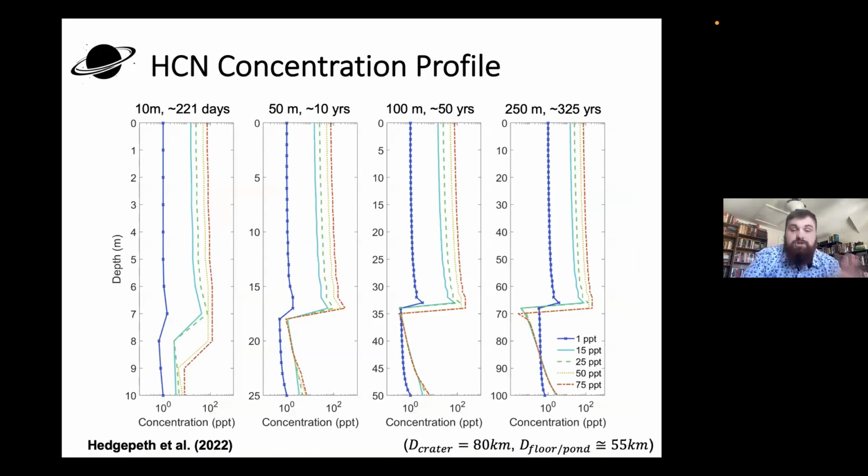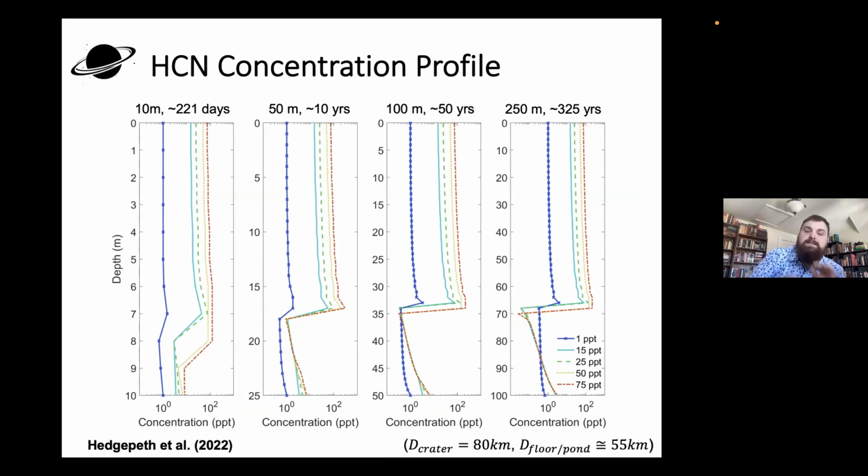So to jump straight into the results that we found for HCN, essentially is what you see here. Imagine you could go to this melt sheet and take a sample throughout the entire depth of it. You have a cylinder of ice and you measure how much is in that section at any particular depth. That's what you're looking at here: some amount of stuff frozen in the ice at some depth. That is going to vary depending on how much material you start with, which again, we talk about those initial estimates in my paper. This is just to show you a variety of things. It's the main pattern that matters here.